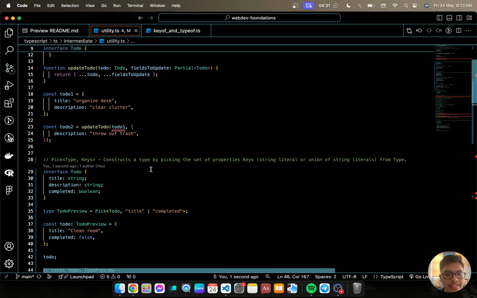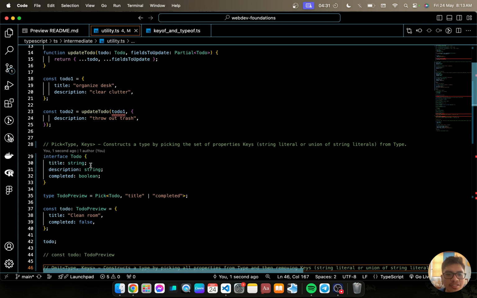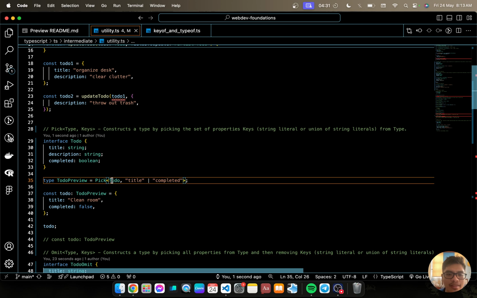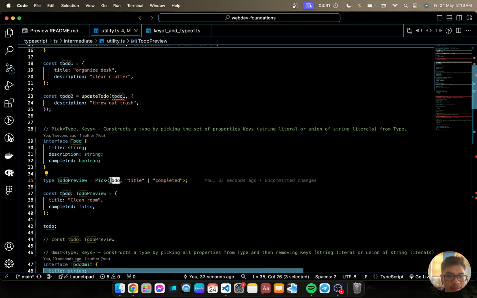So now let's discuss Pick. As you can see here, Pick takes a type and the keys. We can construct a type by picking the set of properties keys, a string literal or union of string literals, from the type. Here we have interface Todo, where title string, description string, completed boolean. So we can create type TodoPreview equals Pick<Todo, 'title' | 'completed'>.